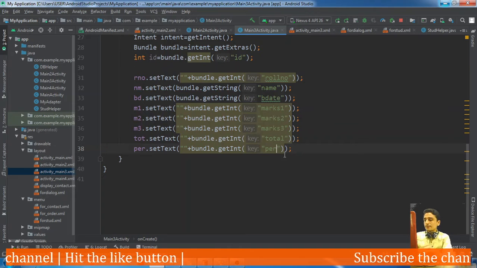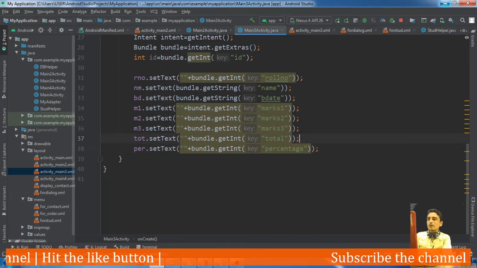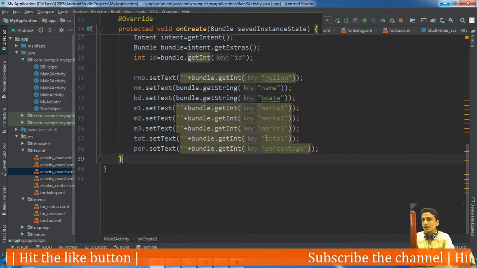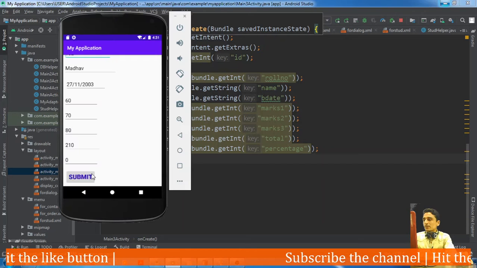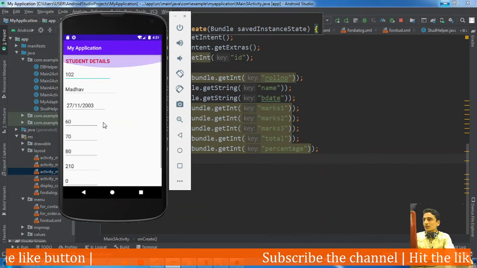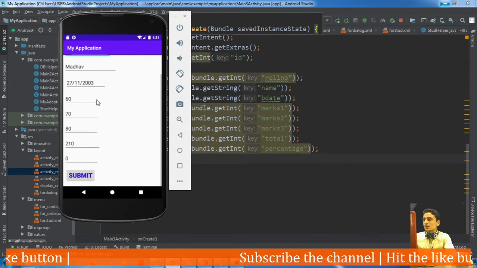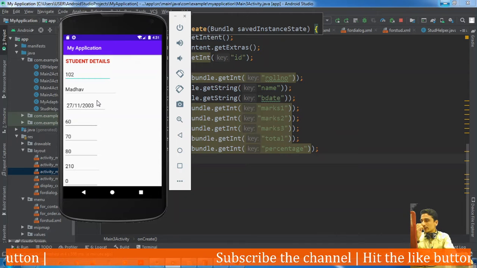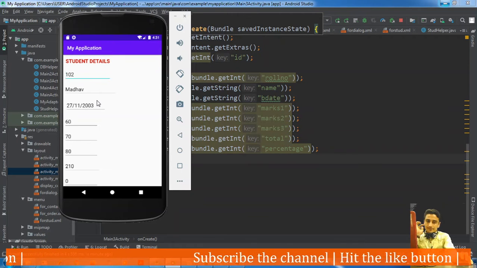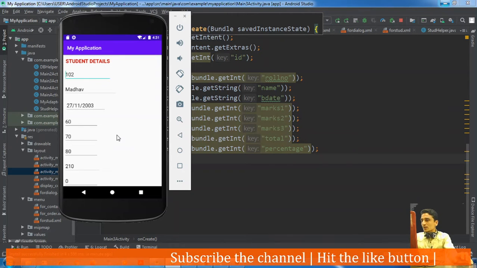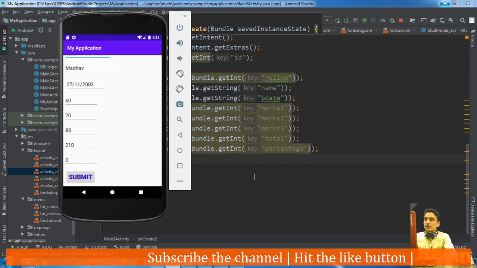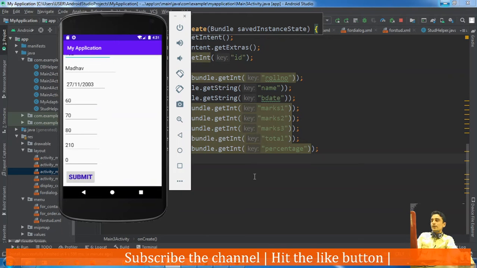Here we need to pass the full name. Now it will appear appropriately, and the name of the button is Submit. So the client can make any corrections in this if required. On clicking the submit button, the record should be updated.